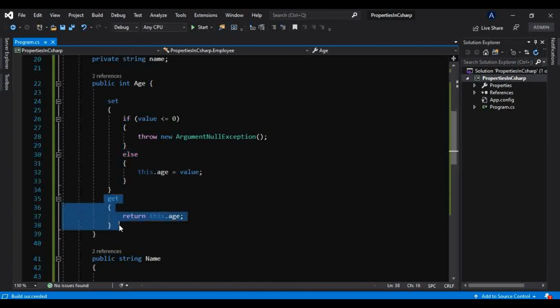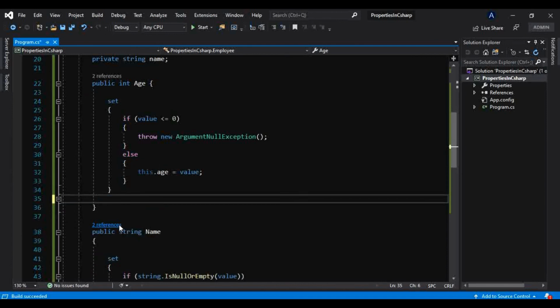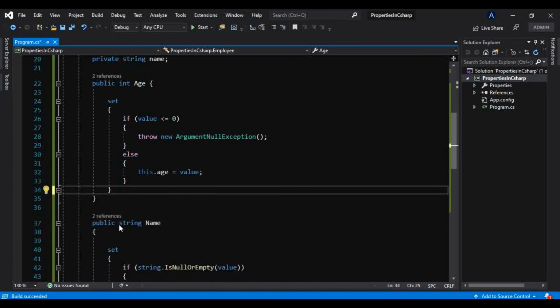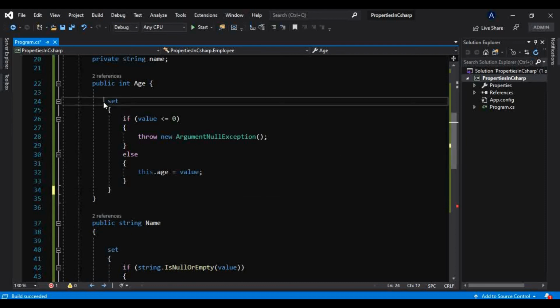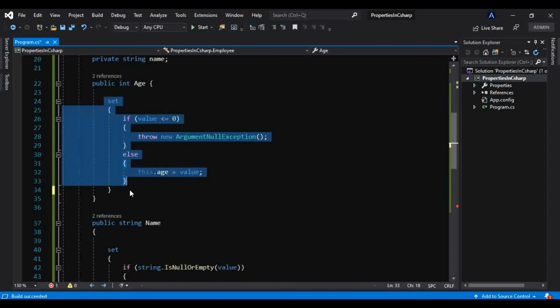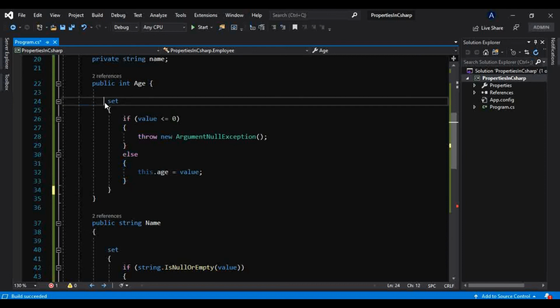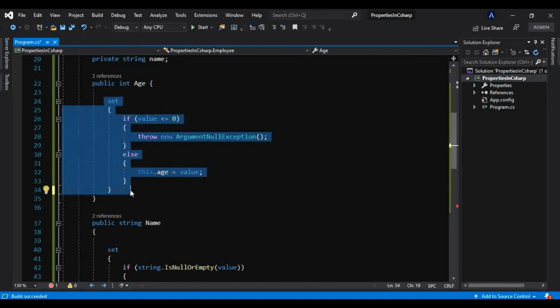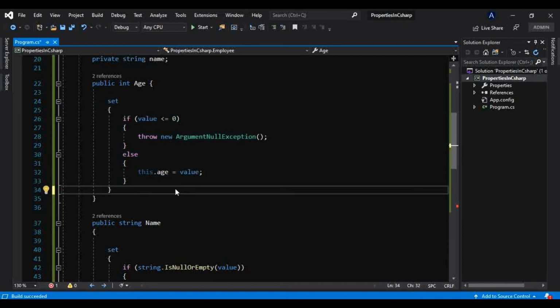How? Let me show you that. If I don't use this get accessor, then it will not return any value, it will just set that value. And why would somebody want to only set that value and not return it? Let's consider a scenario where you want to take something from the user and store it into the database only, and you don't want to return that to the user.